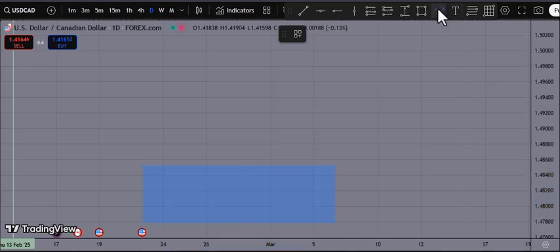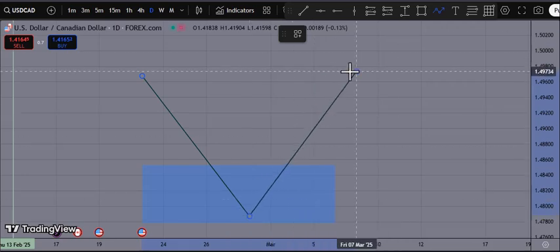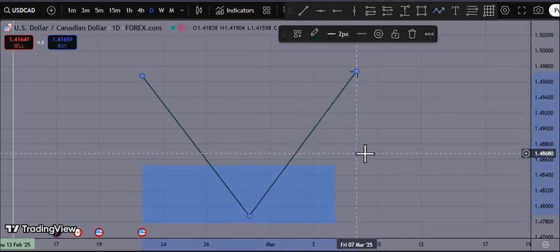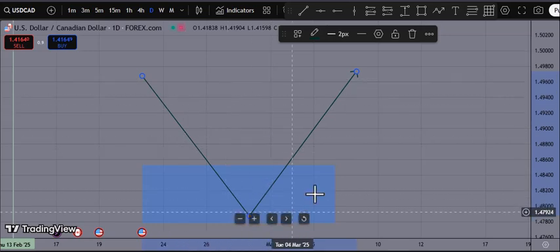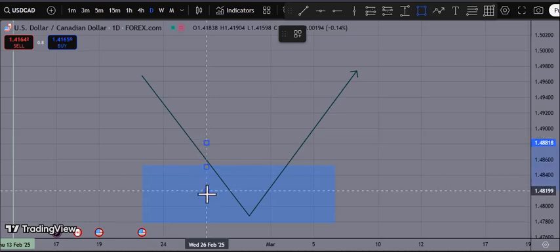If I have a PD array here, what do I want to see? I just want to see something like a V or U shaped, so a complete market curve which has sellers and then buyers. So usually something like this, not exactly, now remember, price action doesn't move in a straight line, you understand? But ideally I want to see something of this nature, where there is a fair value gap